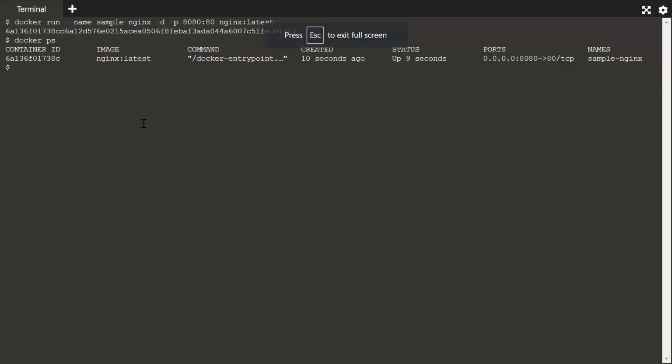So the first command which I ran was this Docker pull, and I pulled the latest image of Docker. Once I had the Docker image, I just checked using Docker images. And then finally, I ran this command, Docker run --name, and then the name whichever I want to give, and then -d for detach mode, and port forwarding -p, and then the image which I have. And finally, I ran this command, Docker ps -a,